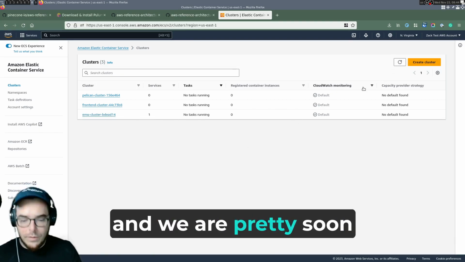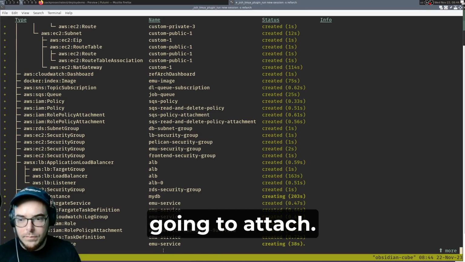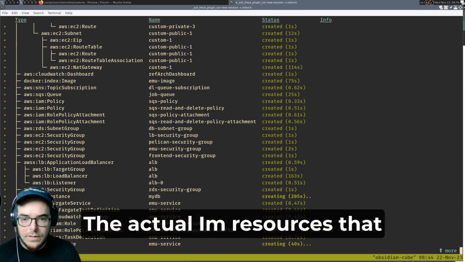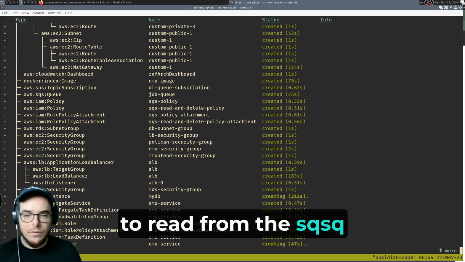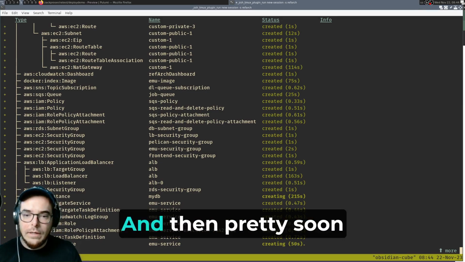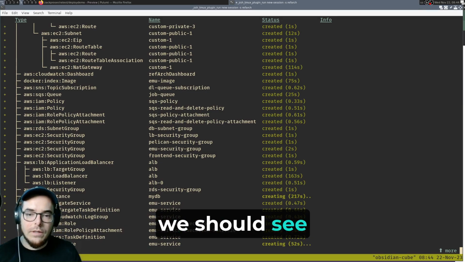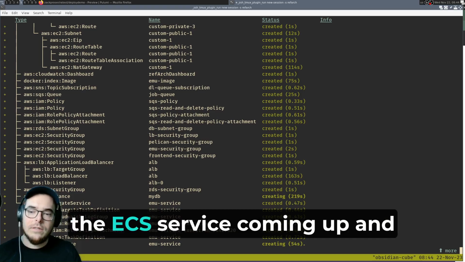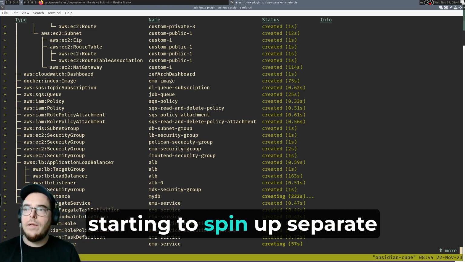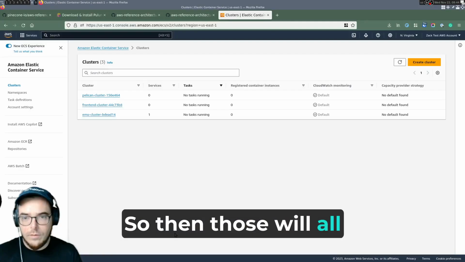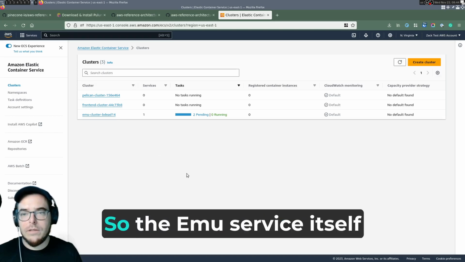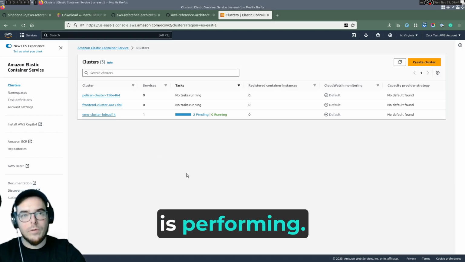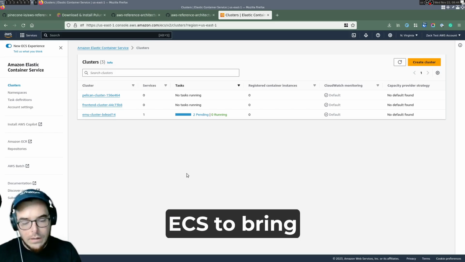And pretty soon we're going to attach the policies for the service, the actual IAM resources that allow emu to do the jobs that it needs to do, to read from the SQS queue, for example. Then pretty soon we should see the ECS service coming up and starting to spin up separate emu workers. Those will all be here as well. Yep, and so now we've got 2 pending. The emu service itself is performing a deployment within ECS to bring the